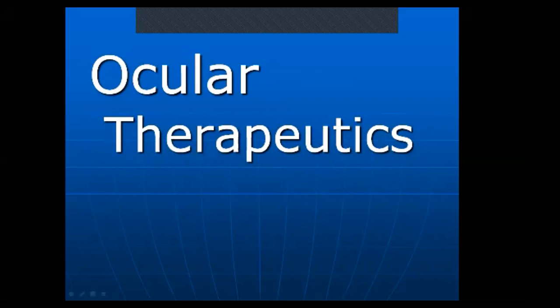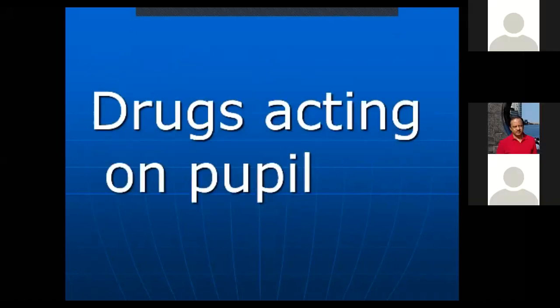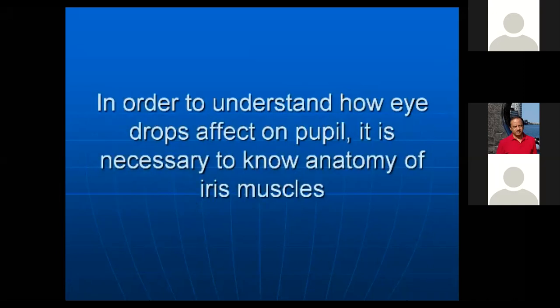So today I'm going to talk about ocular therapeutics, that is the drugs which act on the eye, the important drugs which act on the eye. So first of all, I'm going to present how these drugs act on the pupil. You know, the pupil is the central part of the eyeball, which is the gap in the iris. So in order to understand how eye drops affect the pupil, it is essential to know the anatomy of the iris